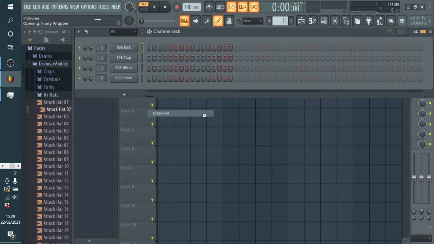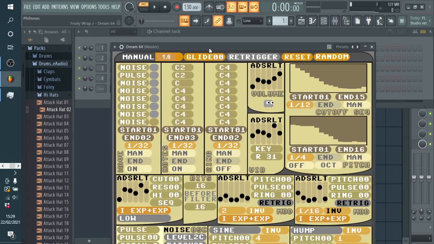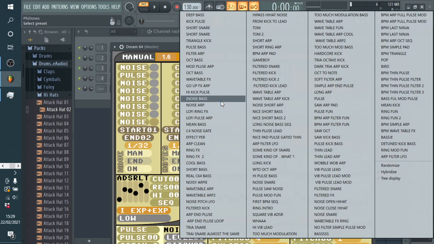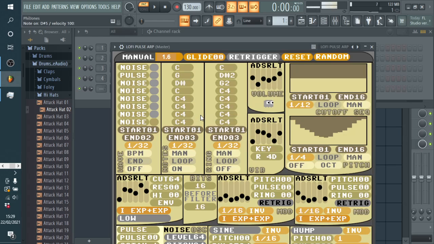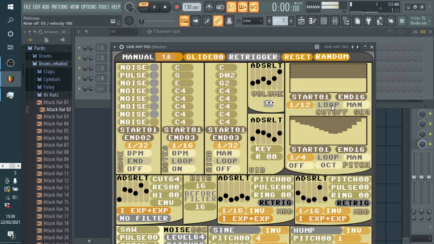Right, this plugin is called Dream64, and Dream64 is really aimed at making chiptunes, that kind of 80s video game type stuff. You can hear, and it's got presets kind of based on the Commodore 64 for making these sounds. It's kind of like square wave bleeps, but it's also got these little sequences as part of the sounds. So it does a lot of these saw waves actually,